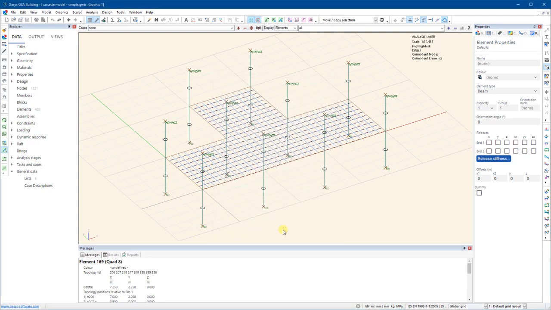So that's really all I was going to say about that. Staying with the idea of preferences though, if we go to graphics in the toolbar, graphic settings,